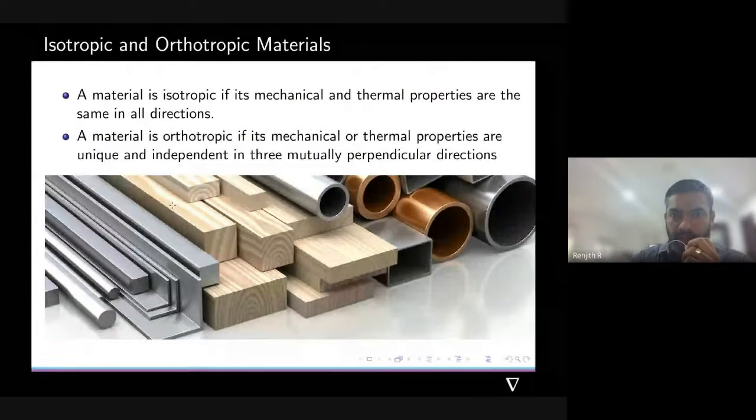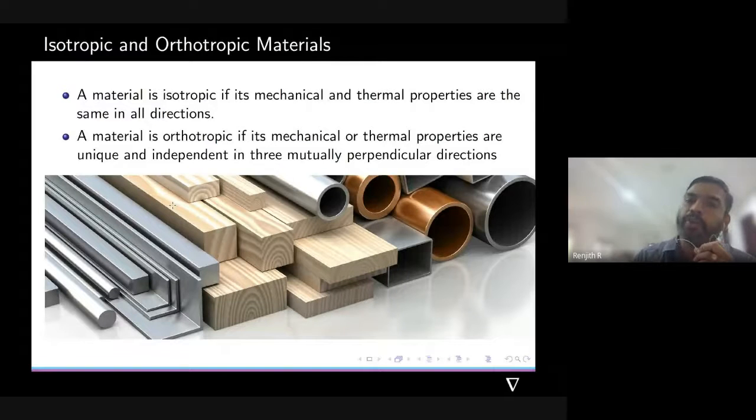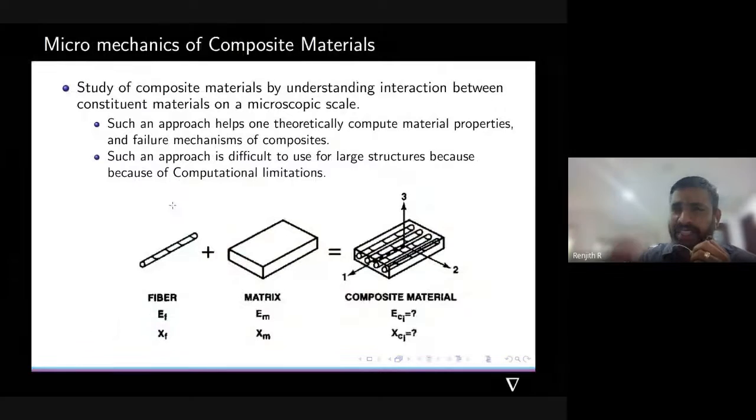And most of the time our analysis is based on orthotropic properties, or we will treat composite material as an orthotropic material. In reality, when we speak about composites, we can see it's an anisotropic material, but for ease of analysis, we will treat it as an orthotropic material. And sometimes for some analyses, for example the case of particulate composite, we can assume it as isotropic with a small variation in accuracy. So in most conditions, we will take it as an orthotropic material for our analysis.